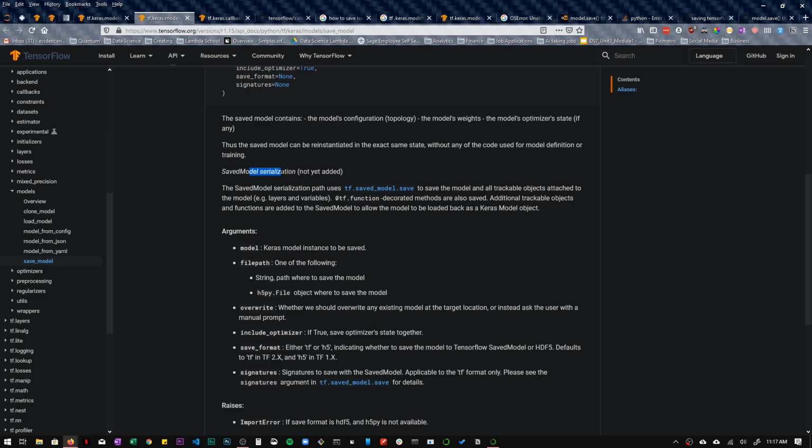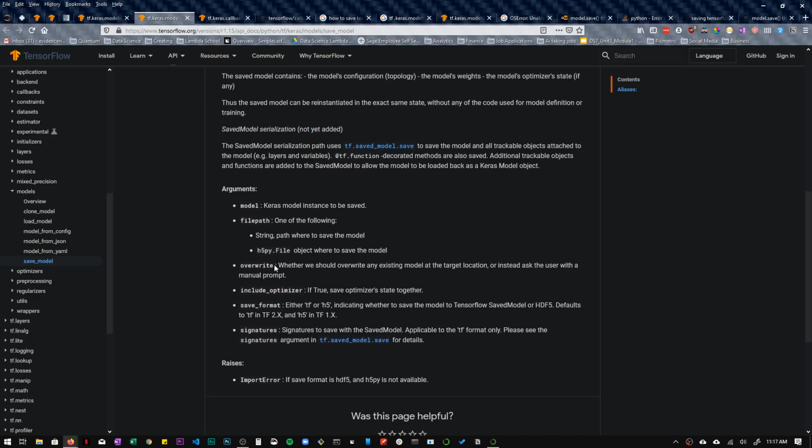Saved model serialization not yet added. It has to be one of the following: string or path where we have to save the model.